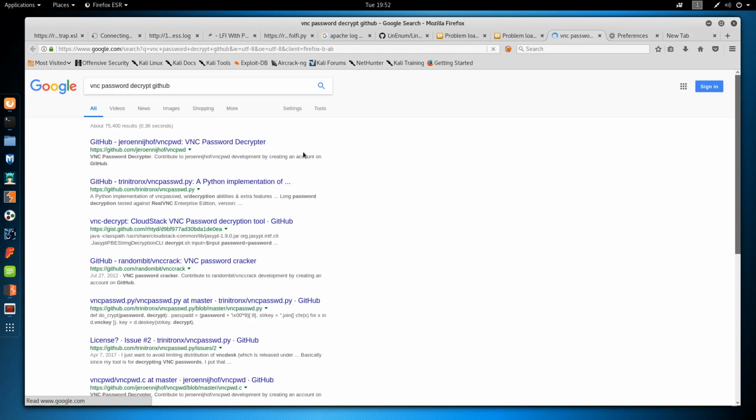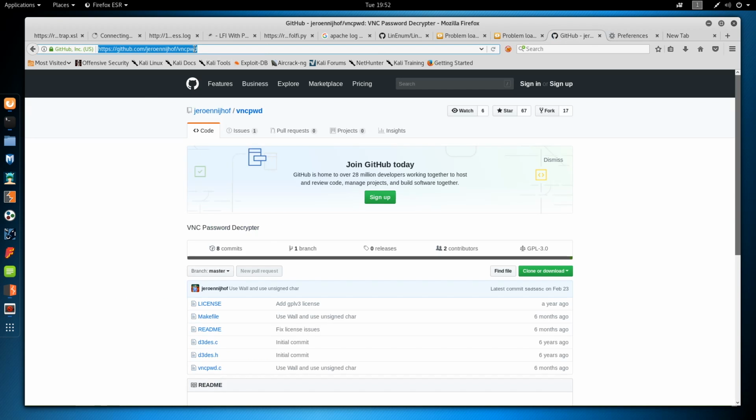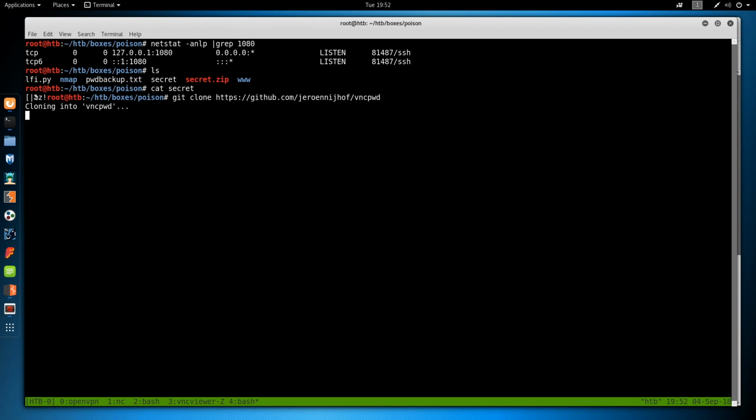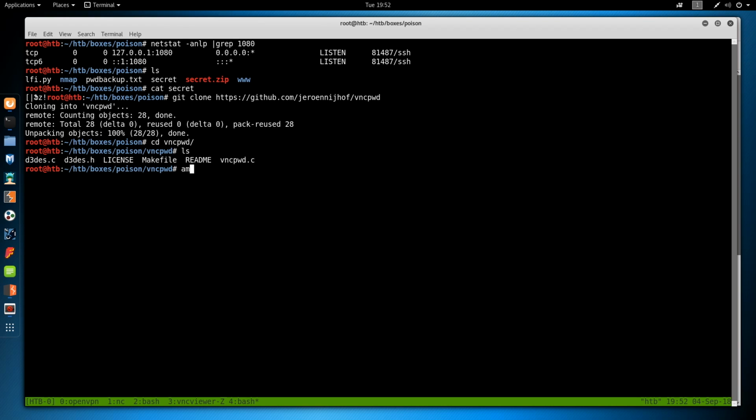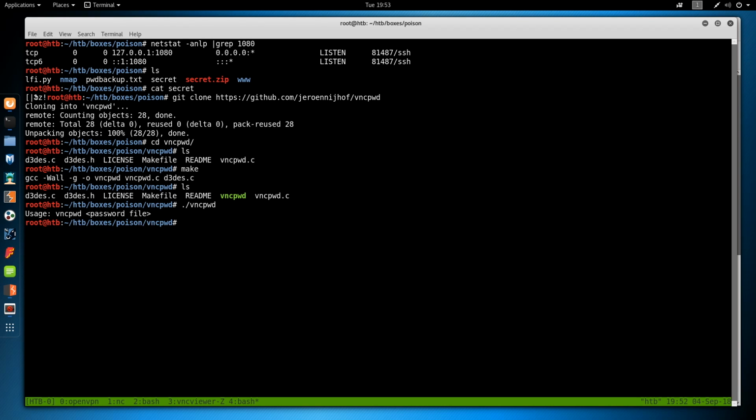Go back here. Grab this. Git clone cnd vnc pw. Make the file. Execute it to see what it wants. It just wants the passwd file, and we can execute it with the file, and we see the password of